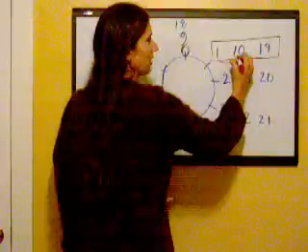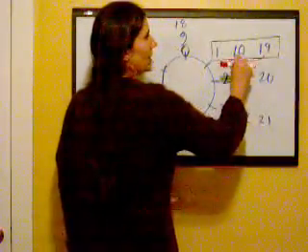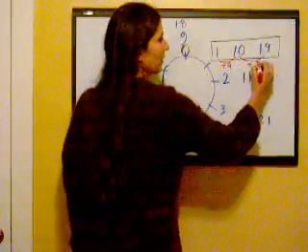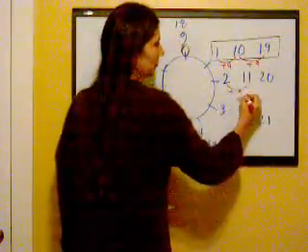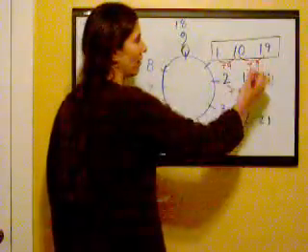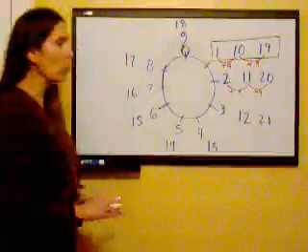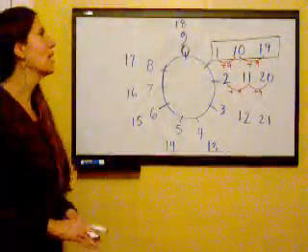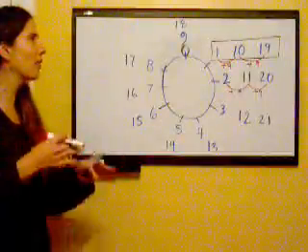So 1 plus 9 gives us 10. 10 plus 9, 19. Same thing here. 2 plus 9, 11. 11 plus 9, 20. Okay, that's pretty obvious. But it still doesn't answer the question of how come 9 and 0 have some similar